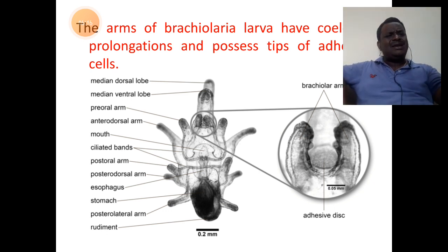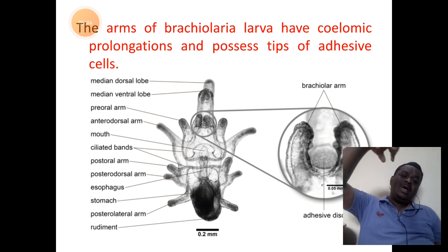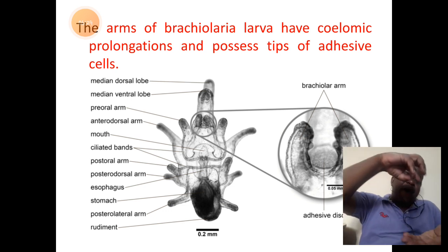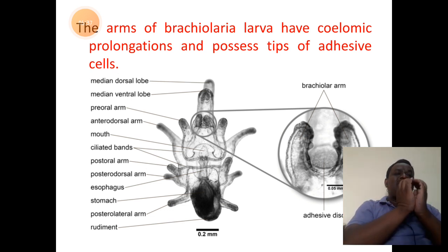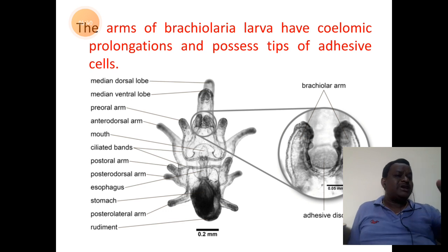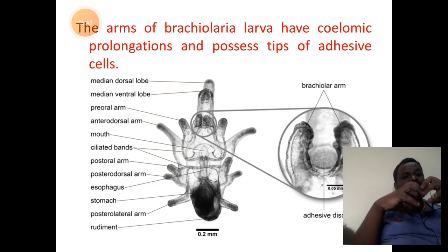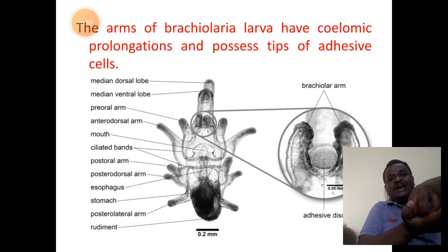What is the specialty related to this particular structure of adhesive disc? It is this disc which helps the animal to go to the deeper bottom of the sea and bind to the rocks. It binds to the rocks. So the adhesive disc is nothing but a special structure held in between the brachiolar arms. Brachiolar arms are nothing but the modified preoral arms. So this structure of brachiolar arms will hold the adhesive disc with the help of which it will bind. So it makes an upside down attachment.